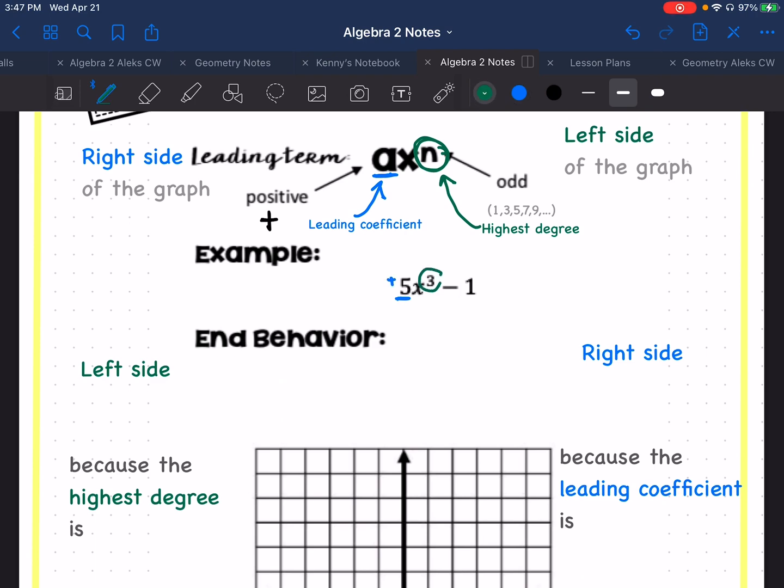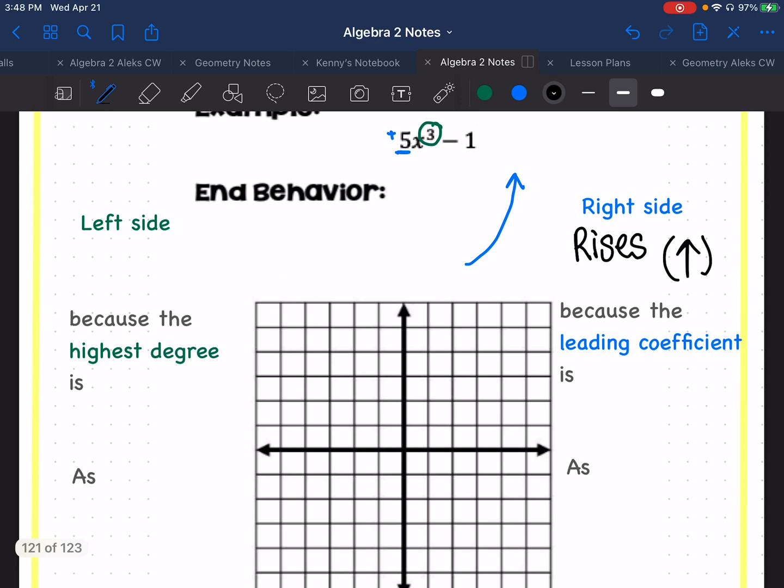And then I'm going to circle my highest degree to make sure that I know if it's odd or if it's even. I always go to the right side first. In this case, when my right side is positive, just like in the last one, it is going to rise. My right side rises, it's going to go upwards again. So the graph is going to look something like this on the right side. This is, of course, because my leading coefficient is positive,